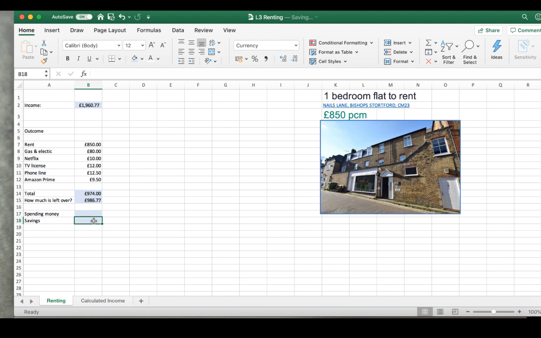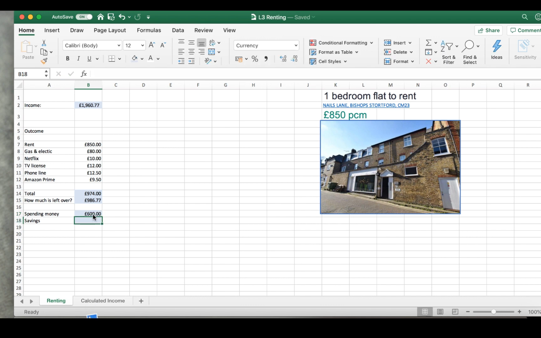Now we're going to talk about spending money and savings. Spending money, I've put it in there and haven't broken it up too much, but I want you to think about what you need. So for the average household, if you're living on your own, I think about £50 a week on food. So that's at least 200 you need. Then going out money, I'd say another 50 a week. So that makes about 100 a week. Then clothes on top of that. So let's say on average you spend about £100 a month on clothes. So that's all adding up now. So I'd say probably average spending,